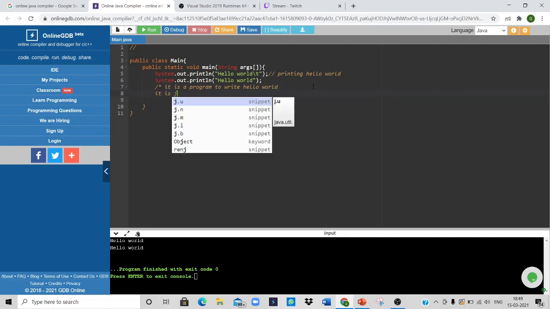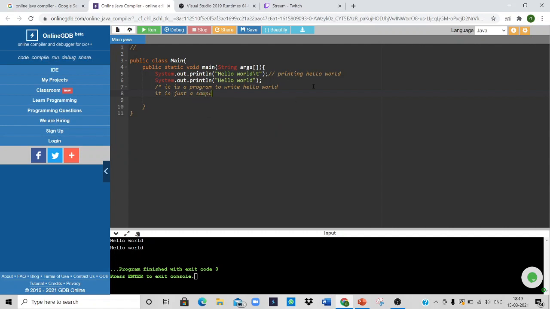It is just a sample program. You should close it with a star and a slash at the end. It keeps on going like this. You can write any number of lines as you want.